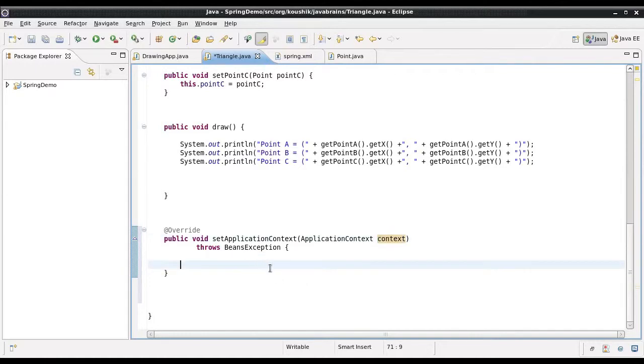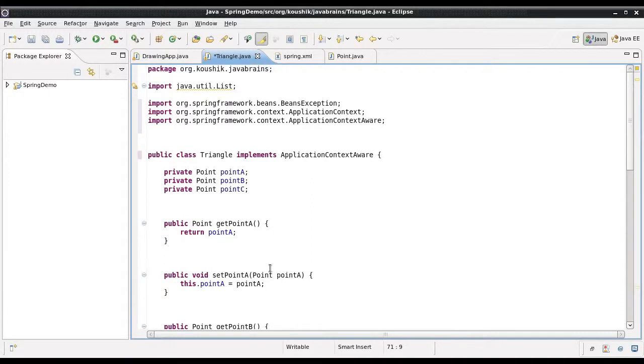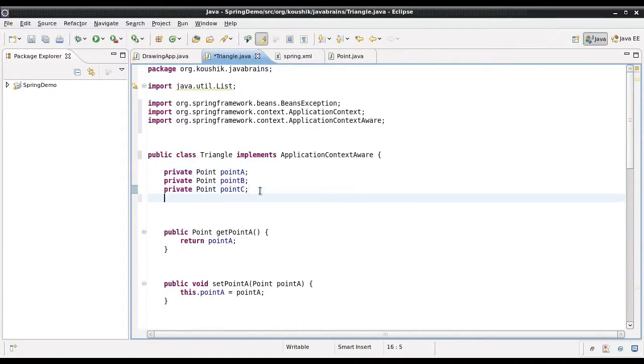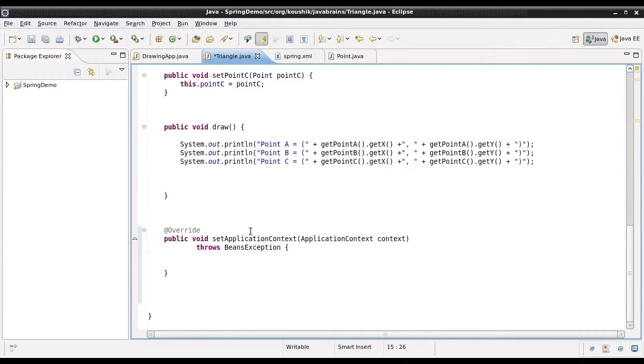So what I'm going to do is I'll create a member variable here, private ApplicationContext, and I'll initialize it to null. Then here in my setter, when I get the context, I can do a this.context = context. Now what's going to happen is it's going to set the member variable to the context that Spring is